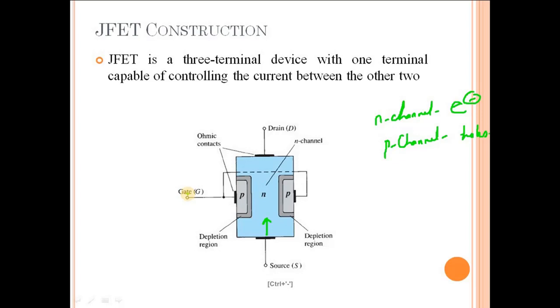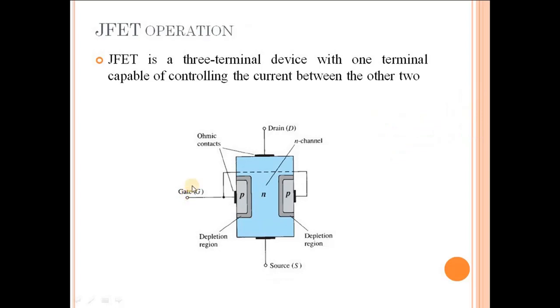So what will move towards the drain? The charge carriers. So the question is, how much of the charge carriers will move from source to drain? That is controlled by some electrical parameter at the gate, and that electrical parameter is a voltage potential. So this is how the nomenclature has been framed for the JFET, junction field effect transistor.